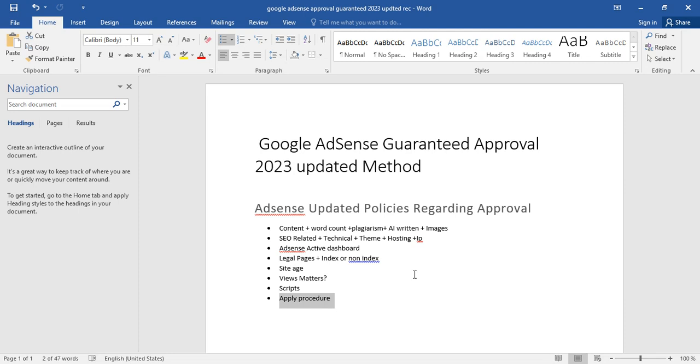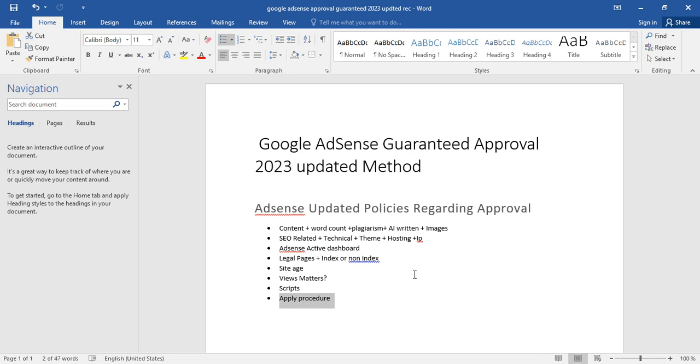Before applying and after applying, there are two things. Before applying to AdSense, your site should have a minimum of 40 articles. If you count 40, it could be 30, but there should be enough content to cover a specific topic, a specific niche, to some extent.